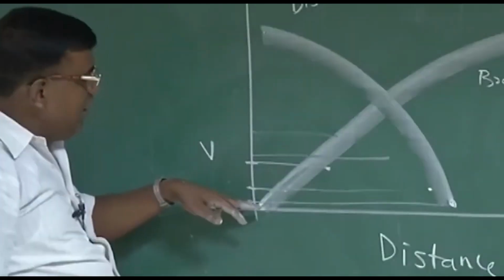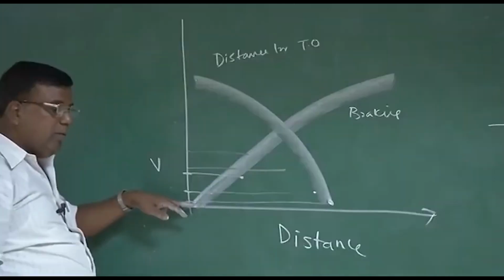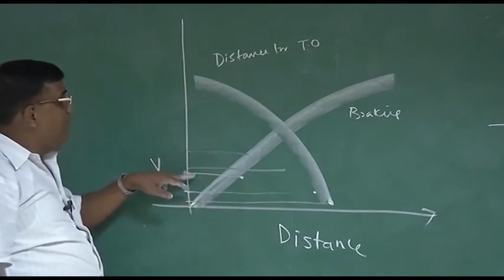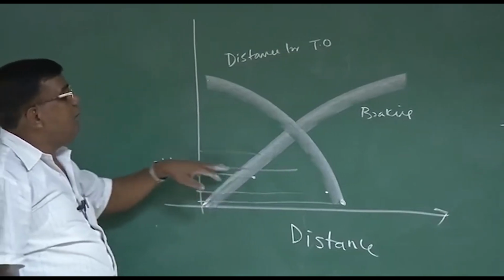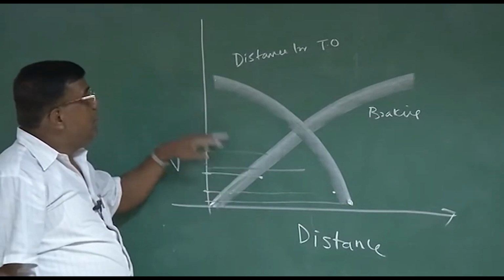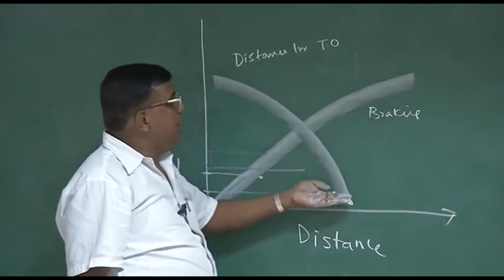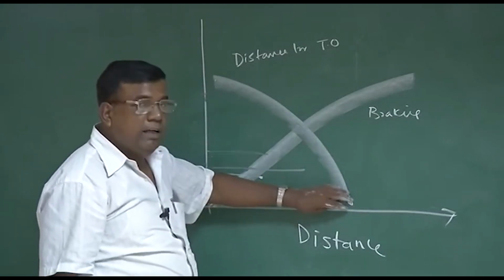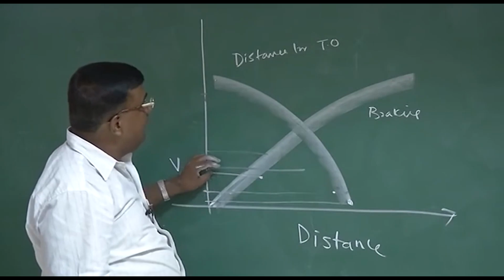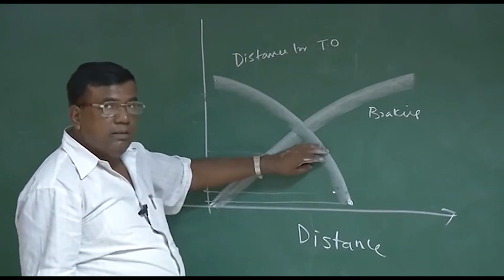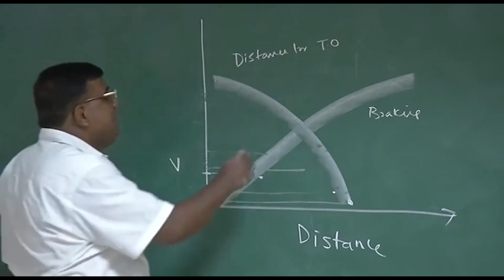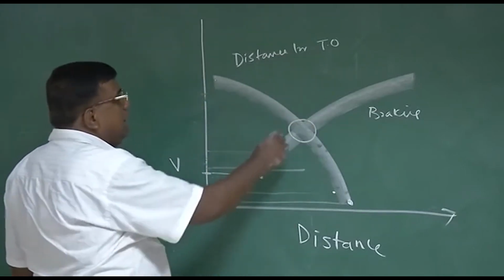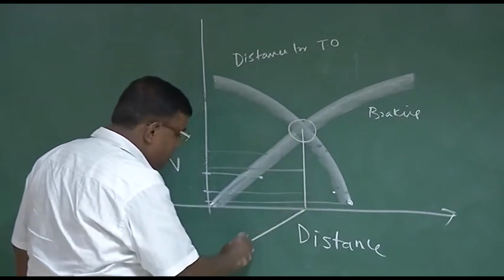This is clear, no? If I want to apply brake and stop the vehicle when the speed is very low, the distance will be low. As I start applying the brake at higher speed, the distance required to make it zero will be more. Like that, this graph will be changing, and in takeoff it is the reverse, it will be like this. For a smaller speed, I need a larger takeoff distance. If I start at a higher speed, I will take a smaller takeoff distance because already I have got a high speed. Right? But this is the point where both these distances are the same, you see,